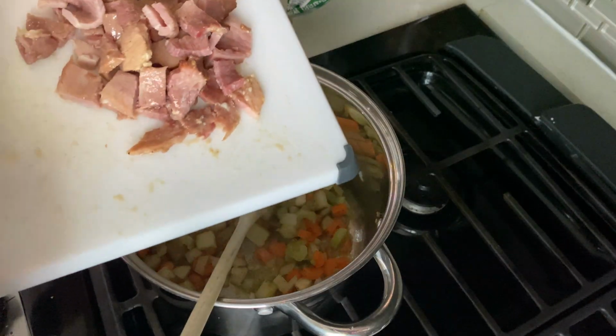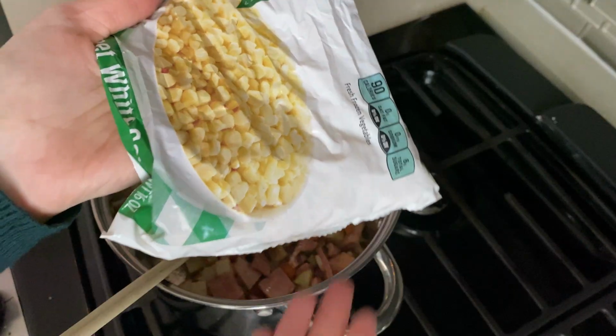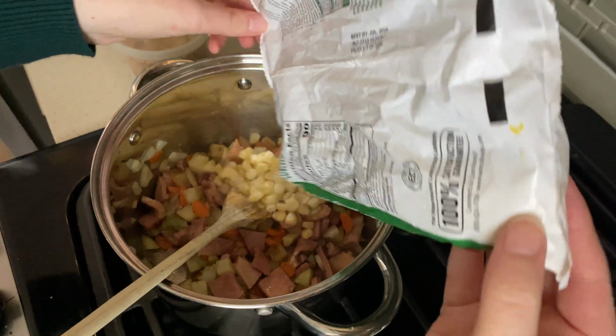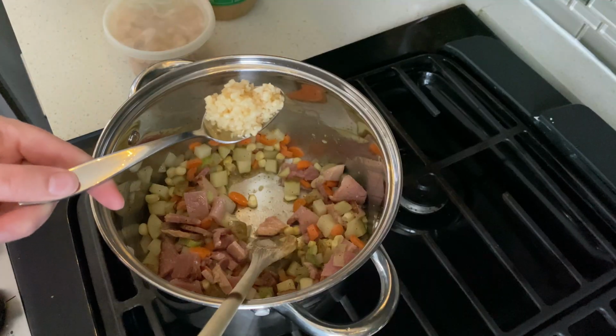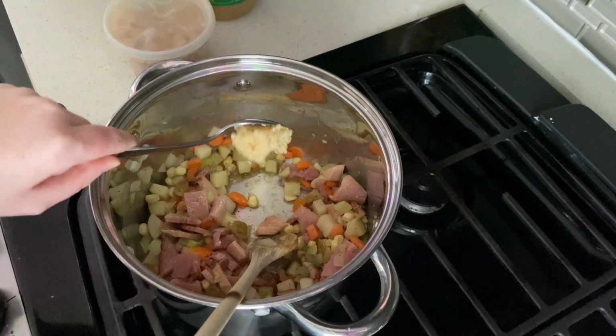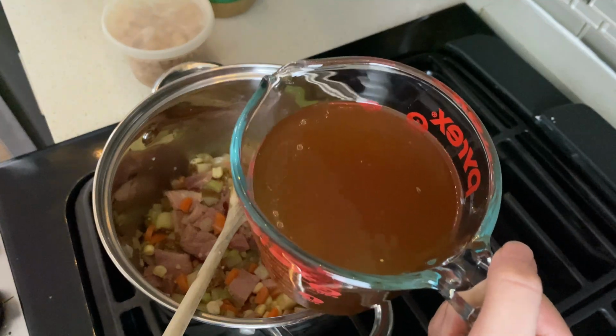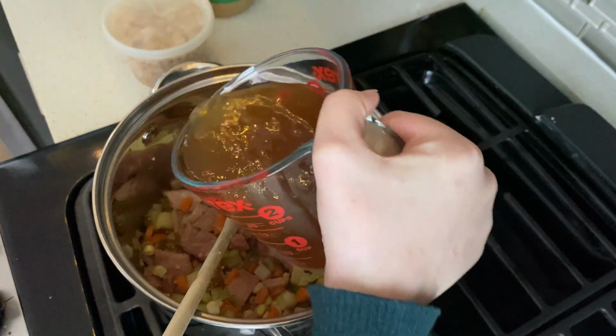Next, I'm gonna add in about a cup of ham cubed. And I have about a 1/4 cup of this corn left, so I'm just gonna add that in as well. Next, I'll add in about a ½ tablespoon or so of garlic, a little bit more or less to your taste preferences. Next, we're going to add in 2 cups of ham broth